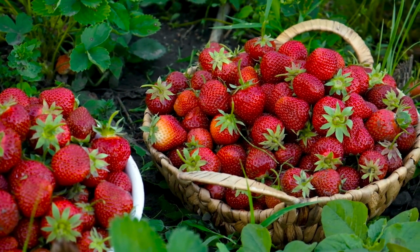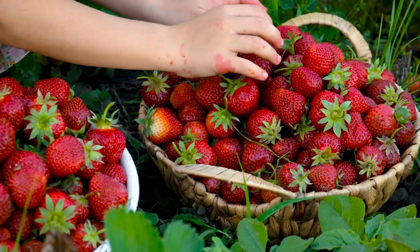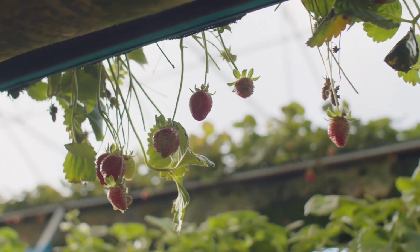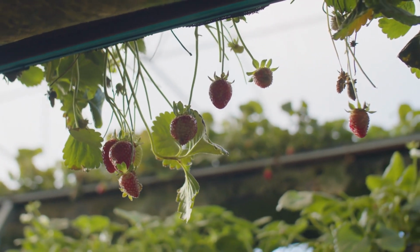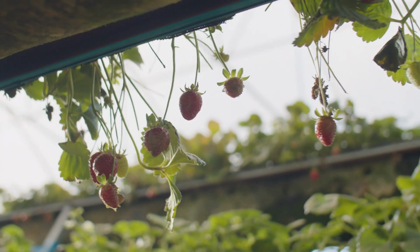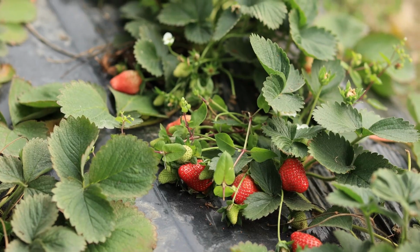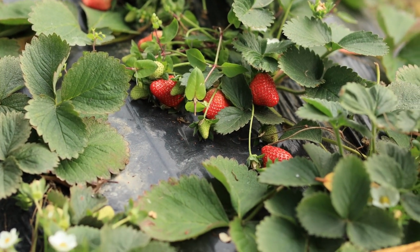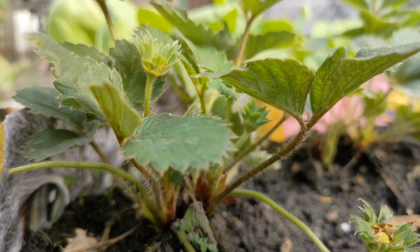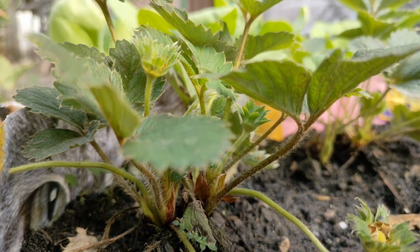Understanding the types and preferences of strawberry plants lays a solid foundation for your foray into growing these delightful fruits. Whether you desire a substantial harvest for preservation or a continuous supply for fresh consumption, there's a strawberry variety that aligns with your gardening ambitions and climatic conditions. When it comes to growing strawberries successfully, much depends on where and how you plant them. The location and soil quality play pivotal roles in determining how well your strawberry plants will thrive and how bountiful